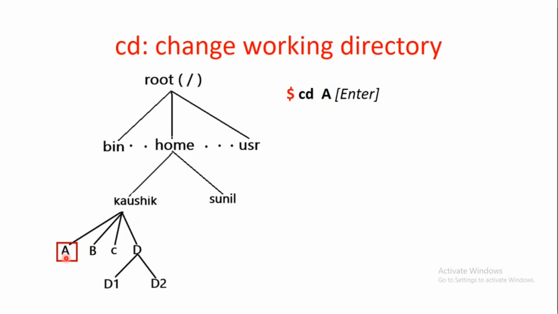And it is also possible to give an absolute path name to cd. Okay, so in this case, currently I'm in A, and now I want to go to bin, right? So I will give the absolute path name with respect to root, /bin. So this will take me directly to the bin directory. My current working directory will be changed to bin, which is highlighted in the red rectangular box.